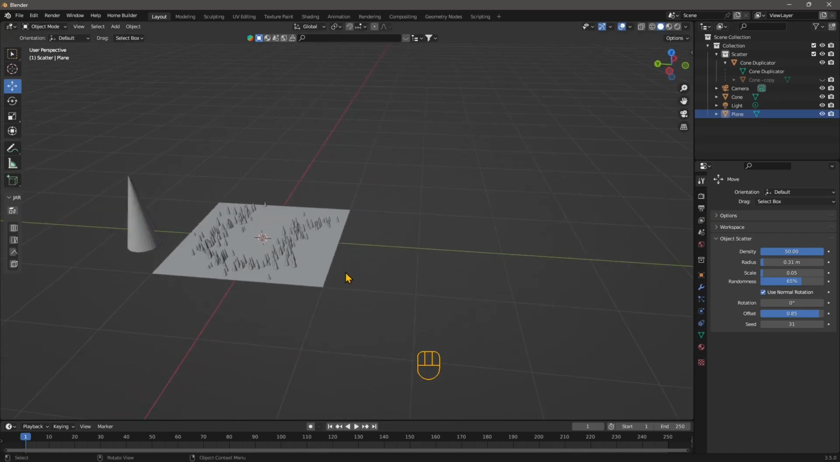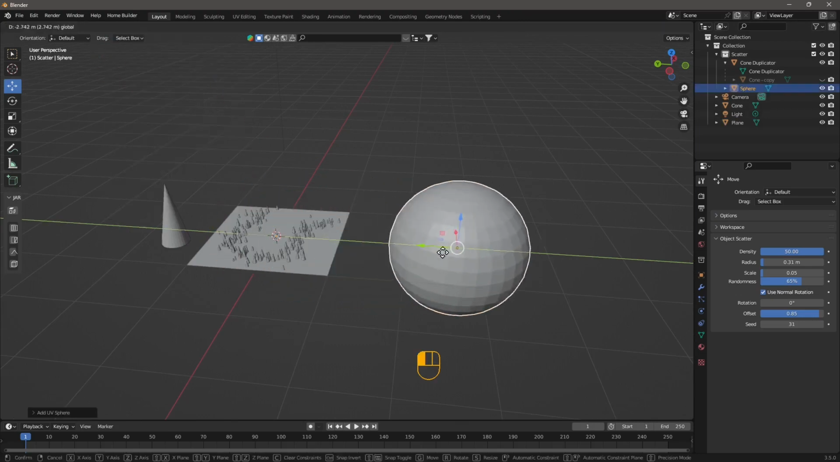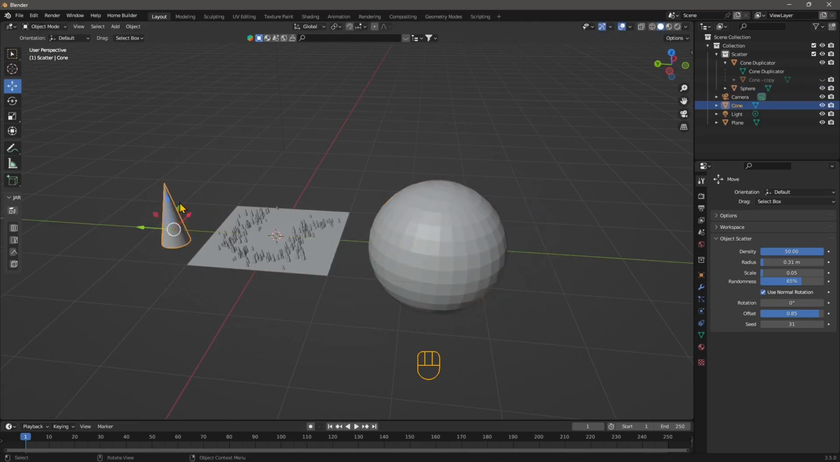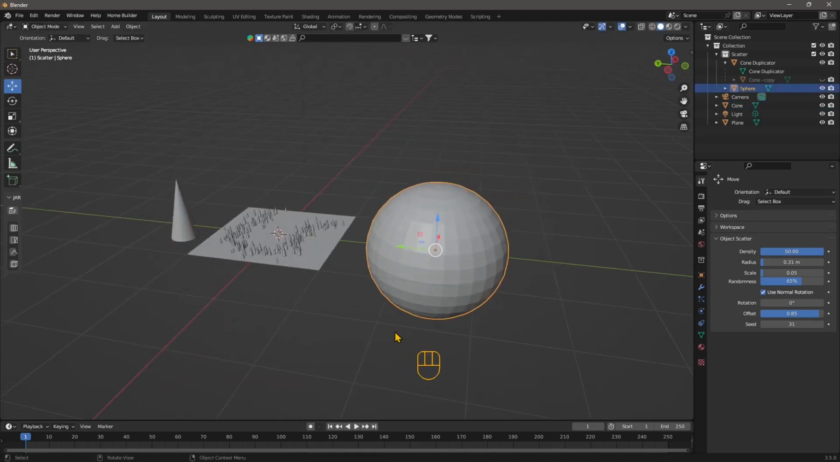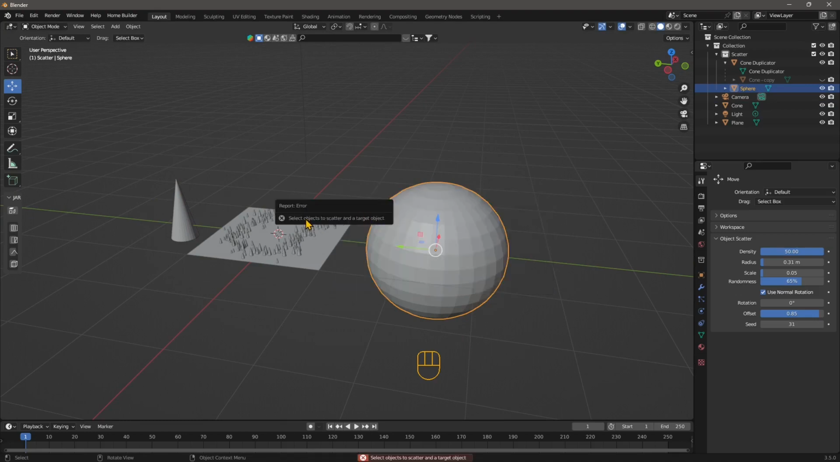Now let's make something even faster. So I want to add another object, and this time I want to scatter multiple elements, not just one like the cone. Now to make it faster, you can press F3 on the keyboard, and then type scatter and select the scatter objects. Now you can see that you need more than one object to use that. So let's create more,